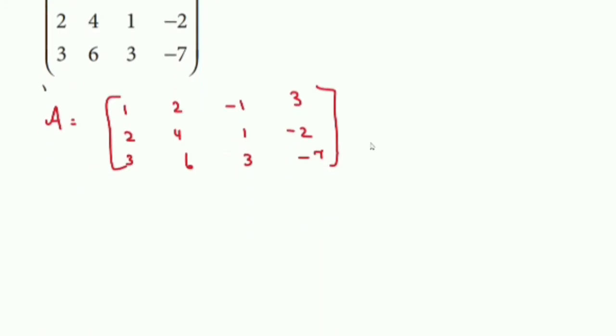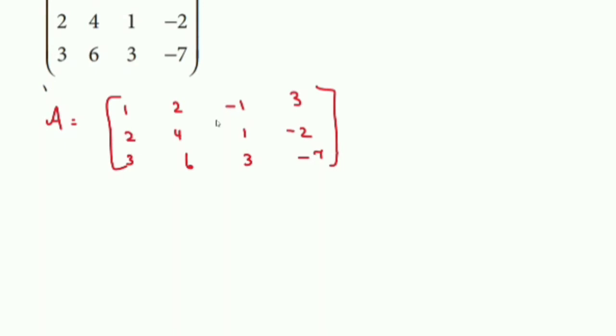So how do you bring this to the echelon form? To bring that, please listen. The first non-zero entry is 1. If it is not 1, you can interchange rows and columns. If you cannot make it 1, it's okay, but it is better to have 1, so it will be easy for your calculations. So here it is already 1. I am not going to do anything. The first element is 1. Now I want to make this as 0.